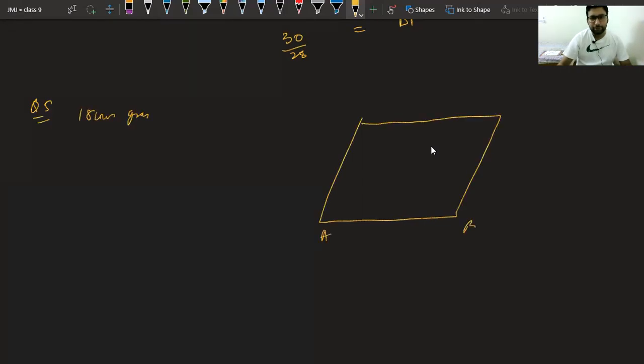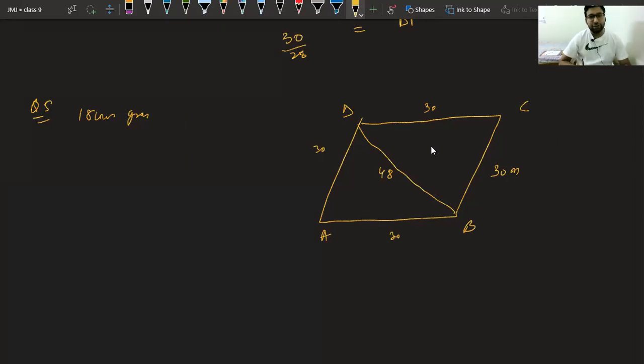We have a rhombus shaped field that has green grass for 18 cows to graze. So 18 cows graze on this rhombus field ABCD. Very good. Now, if each side of the rhombus is 30 meter, 30, 30, 30 and 30, and its longer diagonal is 48, we have to find how much area of grass each cow will be getting.